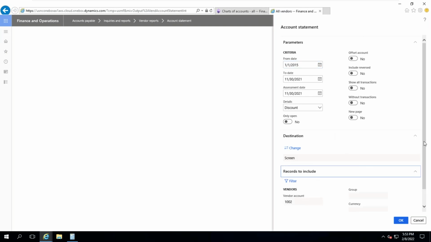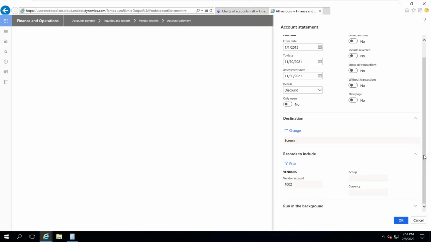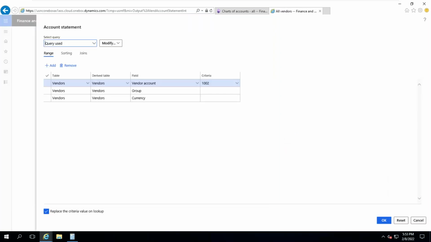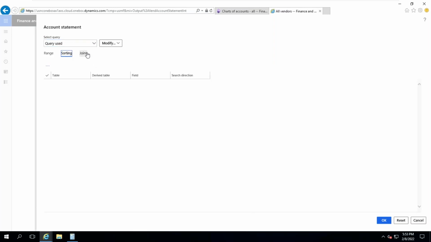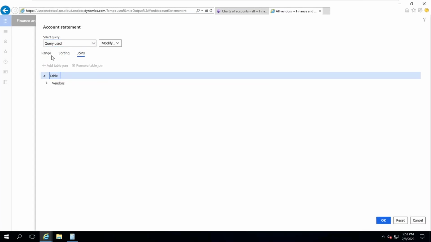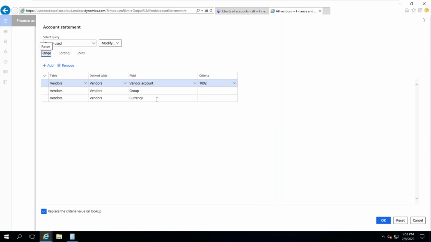If you go to filters, records to include, if you go inside filters, here it is showing only this. It is not showing companies. Whereas